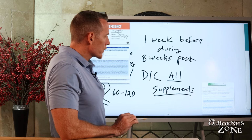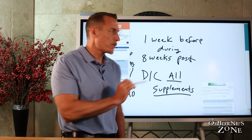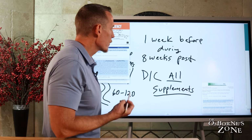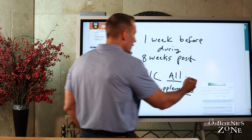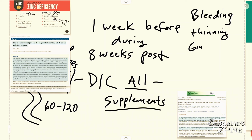Any person going into surgery should be having a micronutrient analysis to assess their nutritional status so that they can effectively be supplemented to improve the outcome of the surgery and to reduce the potential risk for infection and other complications. Not discontinue everything because we don't know anything about it. Why do they want you to discontinue supplements? They're worried about bleeding. And certain supplements will cause kind of a thinning effect on the blood. Predominantly things like ginkgo,